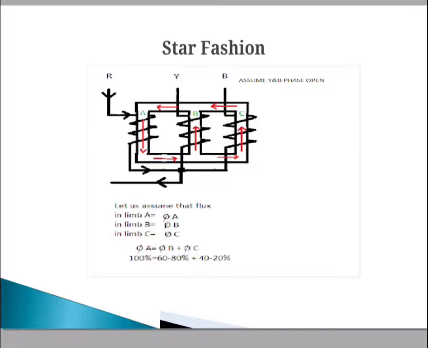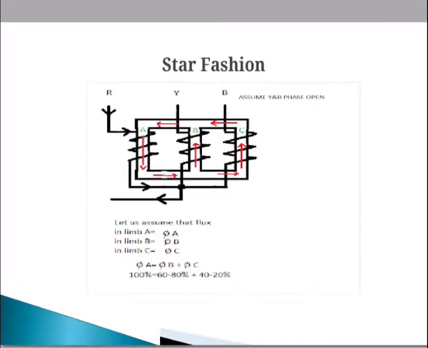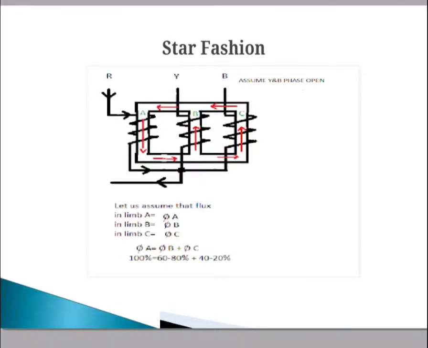In this case, with the failure of two phases in the transformer, either R phase and Y phase, or Y and B phase, or B and R phase, then only one limb of the transformer will produce the flux, using the neutral point. The main aim of this test is to prove that the flux produced by the one limb is the sum of the fluxes of the other two limbs, so that we can say the core doesn't have any problem for the path of the flux.